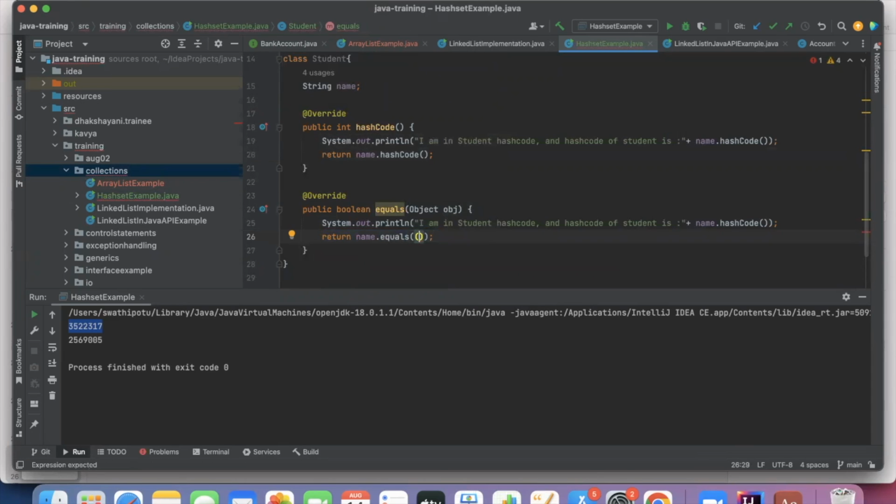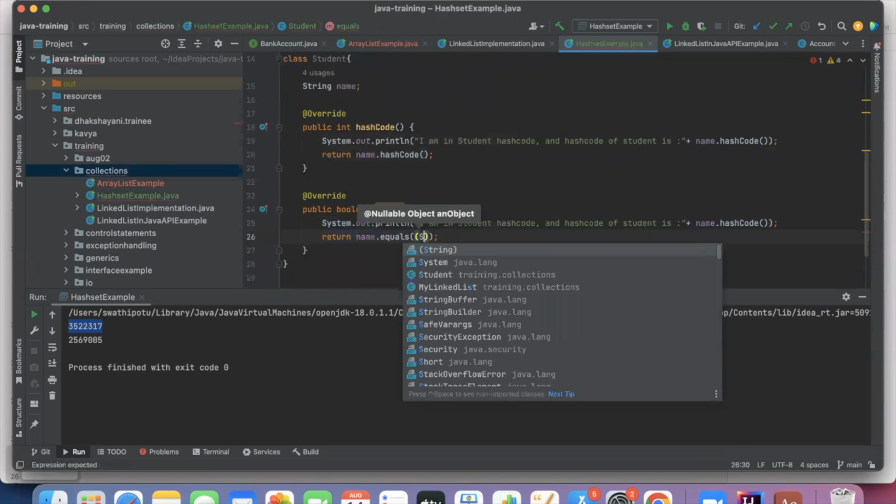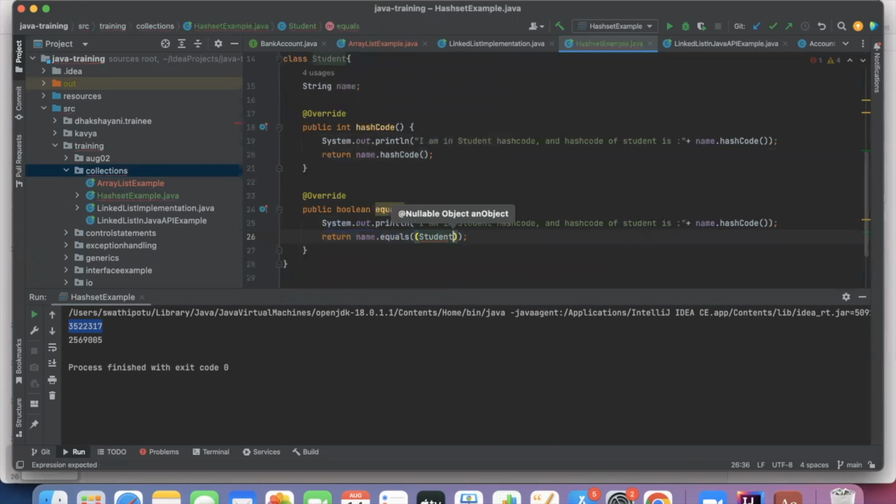I'm casting it to student, and then I'm trying to call equals with dot name. If both names are equal,